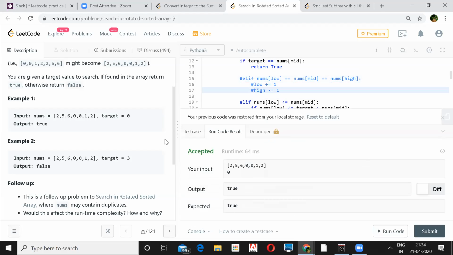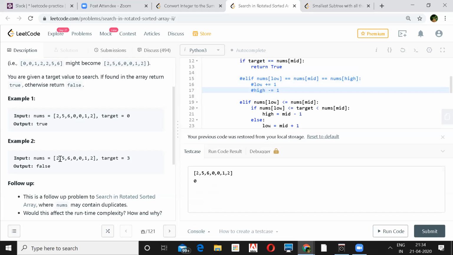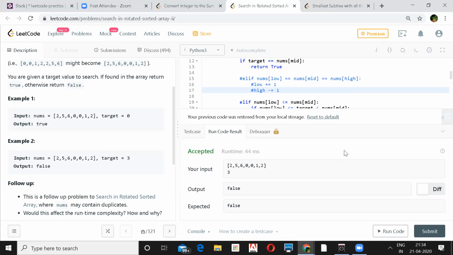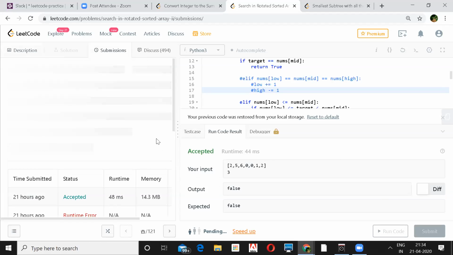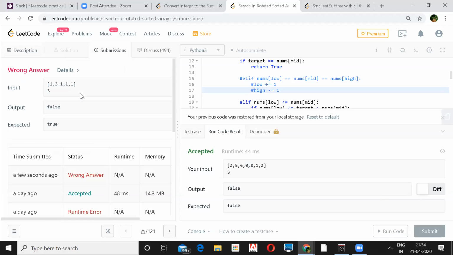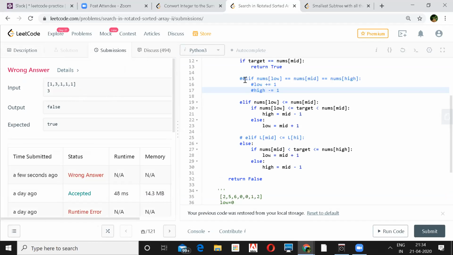It's working for this. Let's check for this one. It's working, but let's see. Yeah, it's not. I'm telling, with 3 triple A's, for that you're actually using it. Okay, I got it. Thank you. But that may be because you removed the entire condition, right? If you just remove the nums mid, then it should still work.